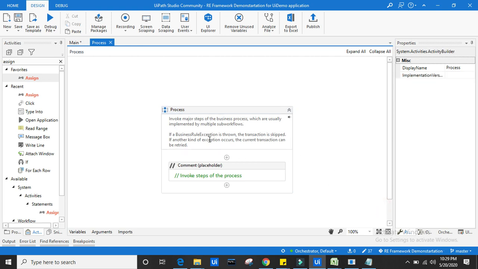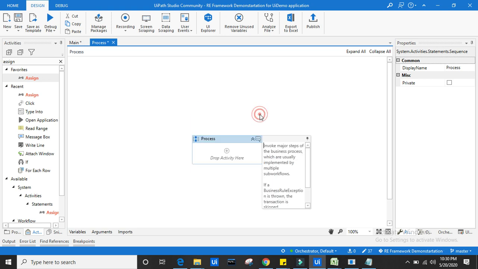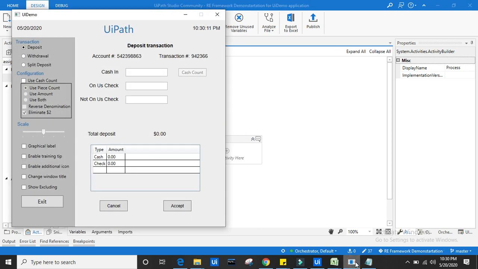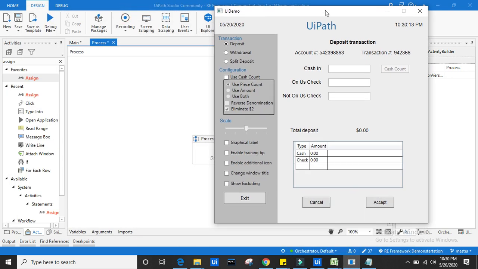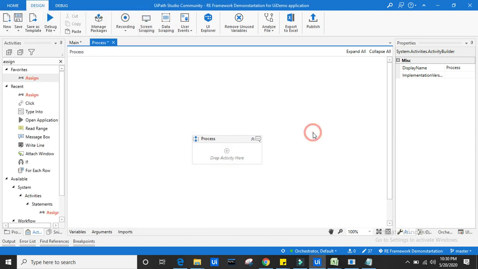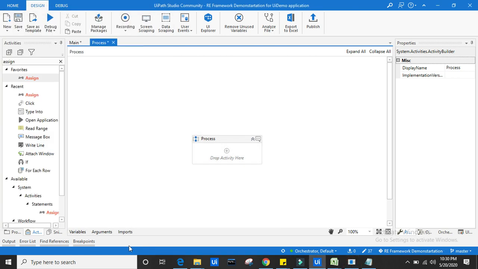Okay, so here you just go through this. Let's not deviate there. So our main thing is, we have opened the application in the initialization phase, and we have already logged in there. So now in this phase we are going to locate this field and this button and keep on passing the values from the Excel sheet. So now we know that we have already opened this. In order to proceed further, I am using the attach window activity.